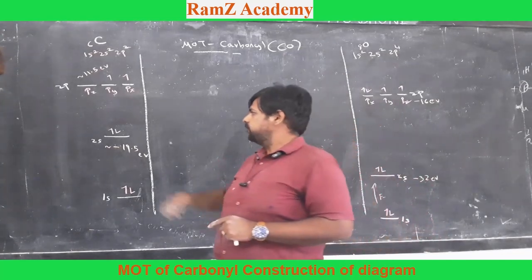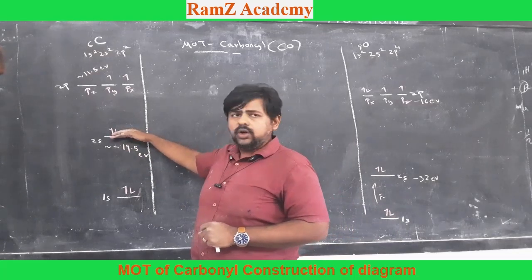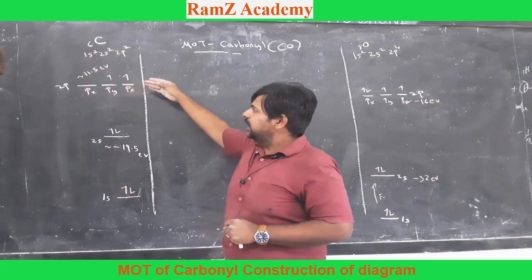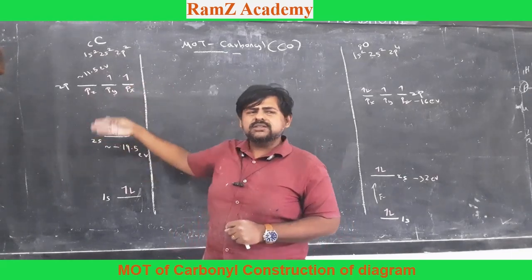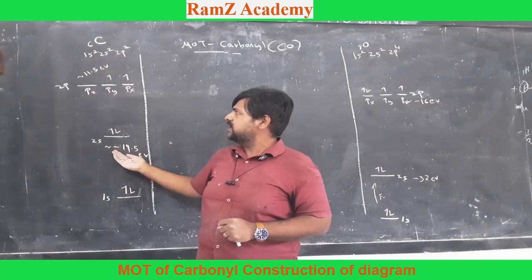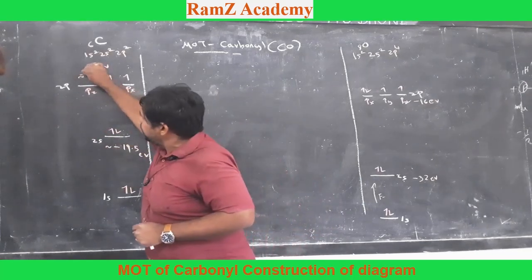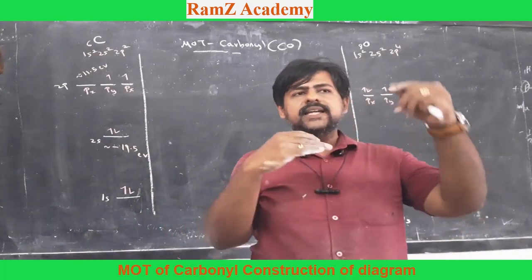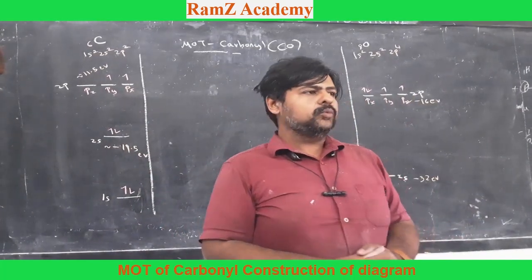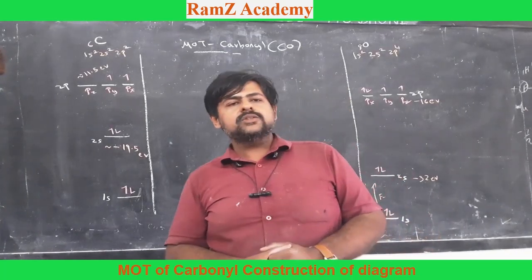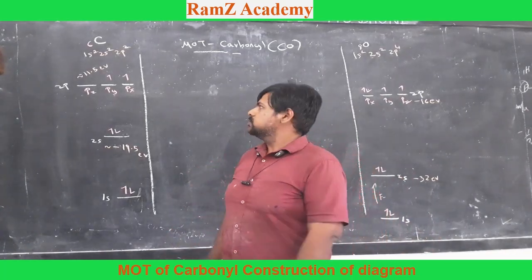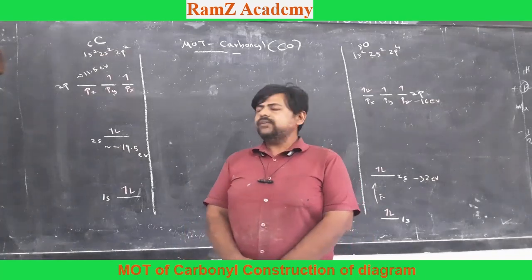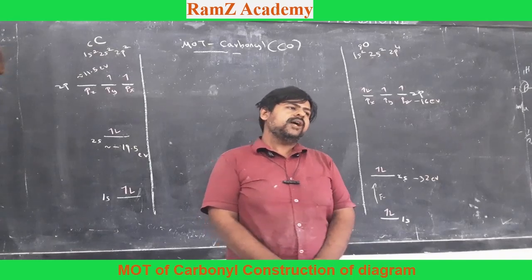So the energy of the electron in the s, as well as the energy of the electron in the p, are relatively close. This is minus 19.5 and this is minus 11.5 electron volt, so the energies are very close to each other. Whenever this energy gap is less than 10 electron volt, there is more chance of this sp mixing phenomenon to happen. And one more important criterion for sp mixing to happen is that the orbitals that I am mixing should also have the same symmetry.